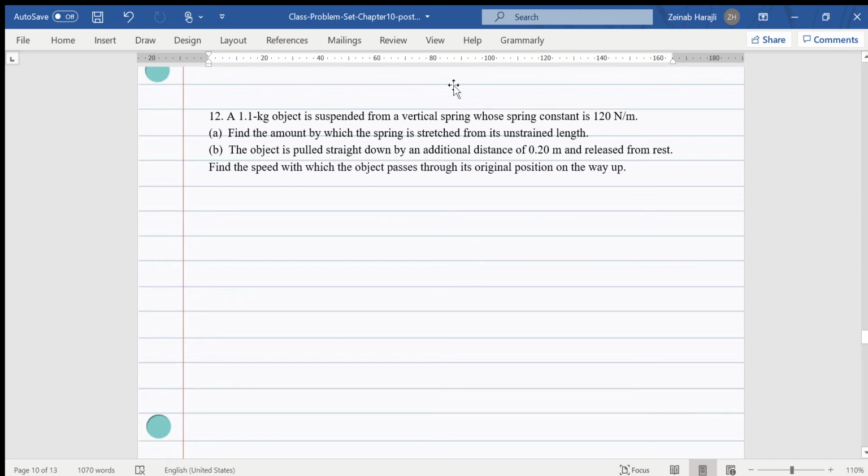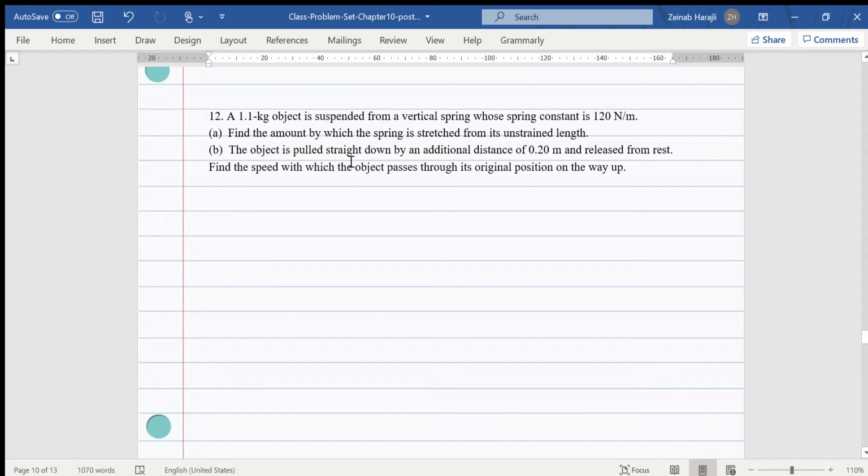Hello, so we have a problem here related to chapter 10 on simple harmonic motion and elasticity. We are considering a 1.1 kilogram object suspended from a vertical spring with a spring constant of 120 newtons per meter. We want to find the amount by which the spring is stretched from its unstrained length, and then